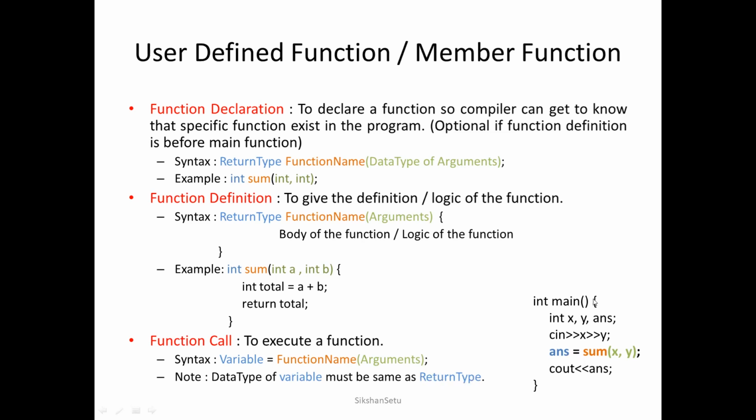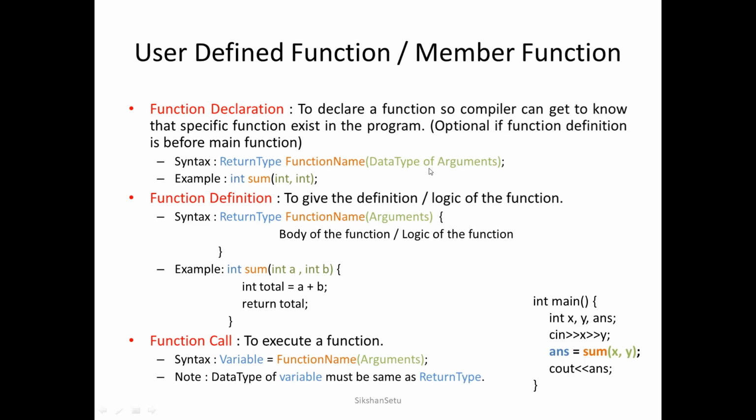So for example, here in the main function we are calling it. We have declared two variables, and the answer is going to be stored in a third variable. We are taking the value of x and y. Now, to call a function, we write the function name. Since the function takes two arguments, we have written x comma y, and this function returns an integer. So we have used a variable named answer, which is of integer type,